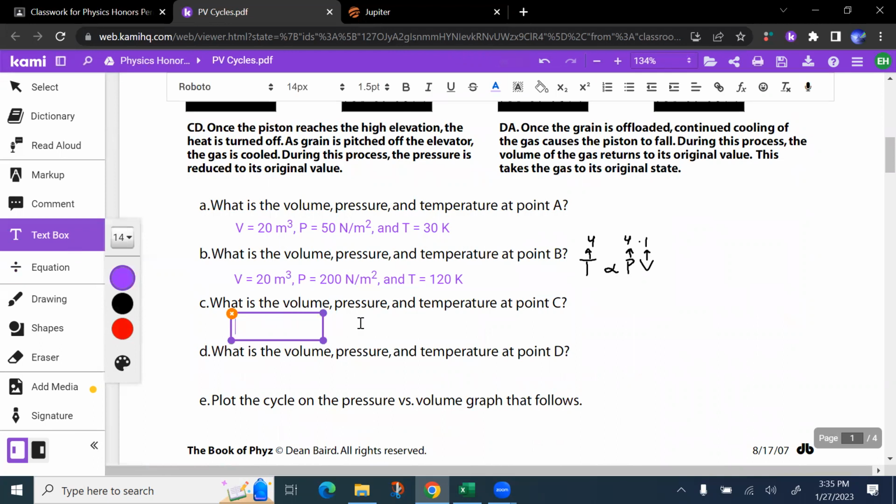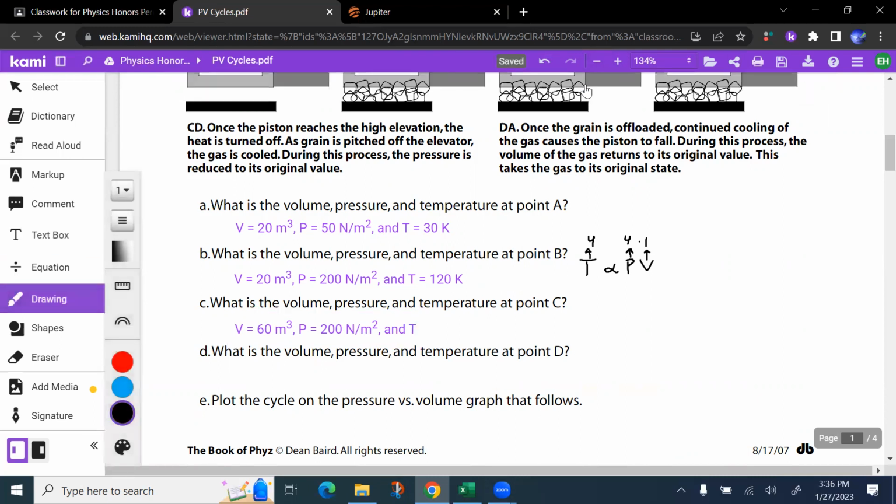So what does this mean? The volume has tripled. So triple 20, we're now up to 60 cubic meters. The pressure has stayed at 200 newtons per square meter. And the temperature has gone up yet again, because now, again, we can go back to